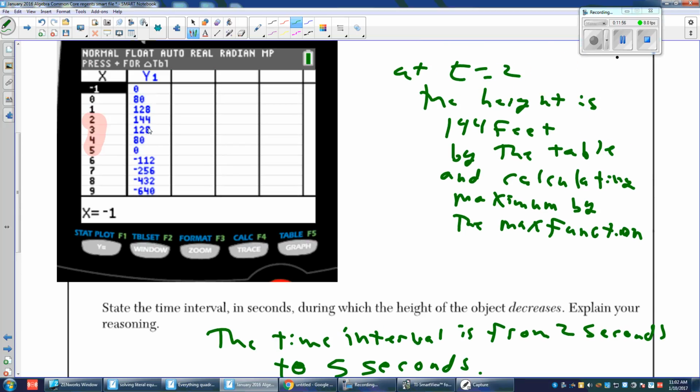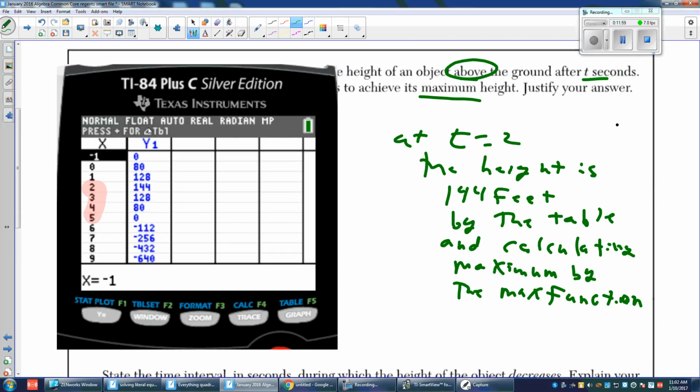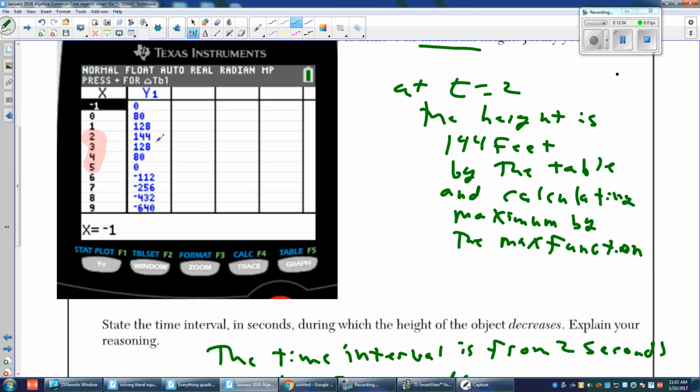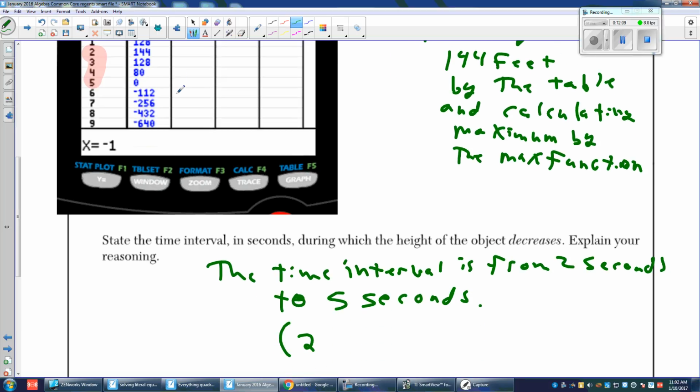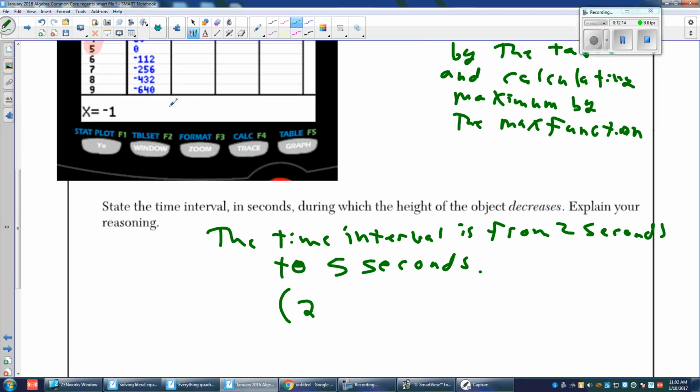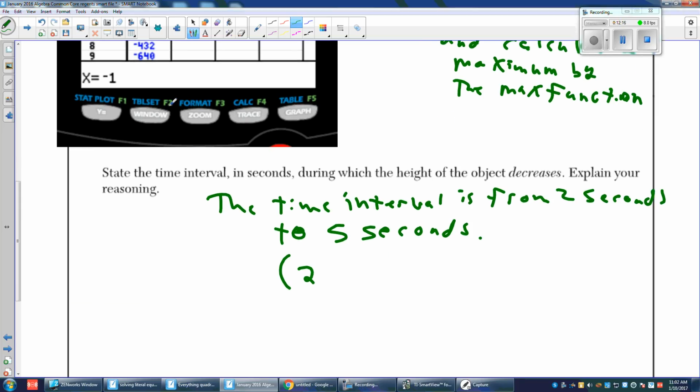You know, above the ground after t seconds. So you have to presume that the ground is 0 feet. Okay, you're not throwing it off a cliff so that negative 112 feet above the ground, or there's a hole right there. So it was from 2 to 5 seconds, and I want to put them in parentheses. If it kept on going, we would put a negative infinity there. Here's the thing. It doesn't include, because of the parentheses, it does not